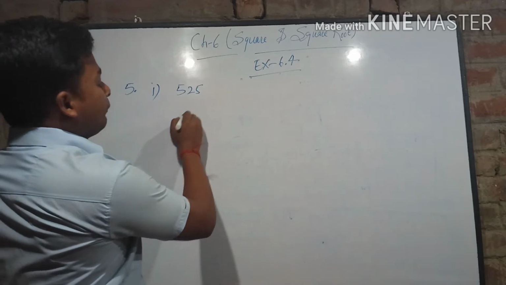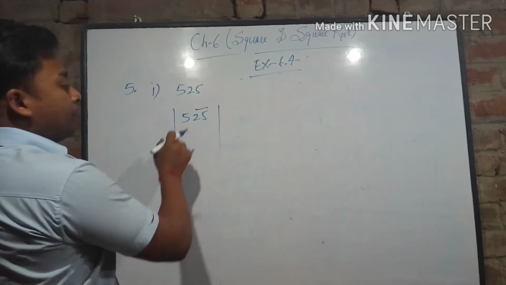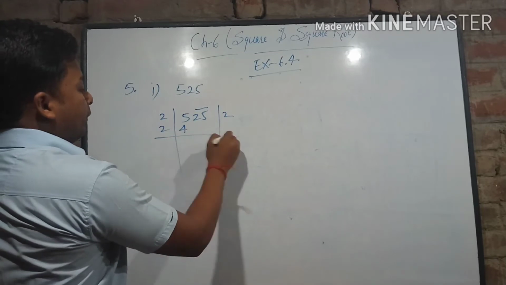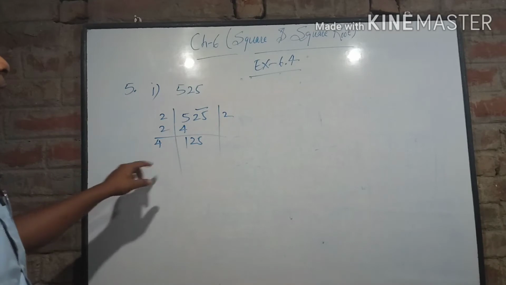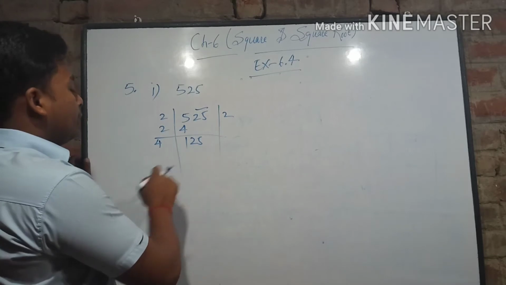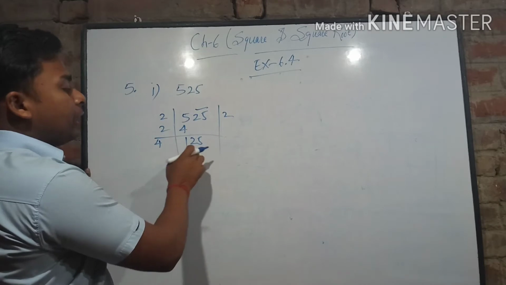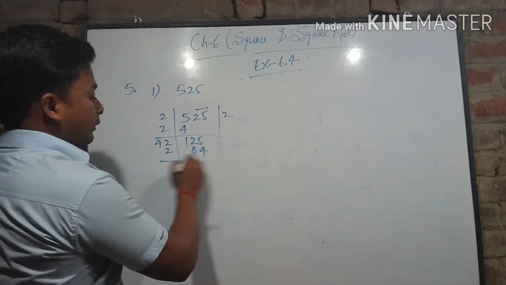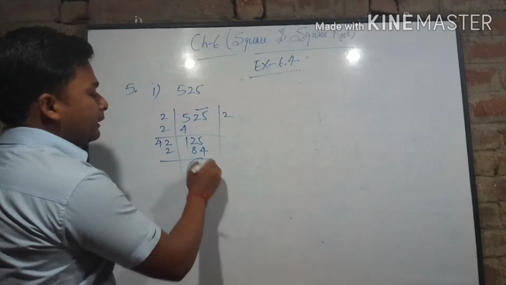Again we will have the process of long division only. 525, 25 is paired, 5 is alone. So we will write 2, 2 square is 4, 1 is our remainder, and 2 plus 2 is 4. Now it is 125. If we write here 4, it is greater than the quotient part. If we write 3, 3 3s are 9, 43 3s are 129, that is also more than that. So we have to write 2. And this part is the extra.